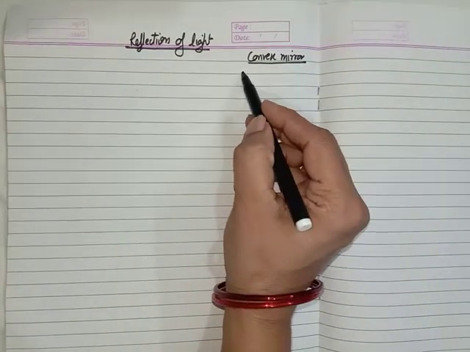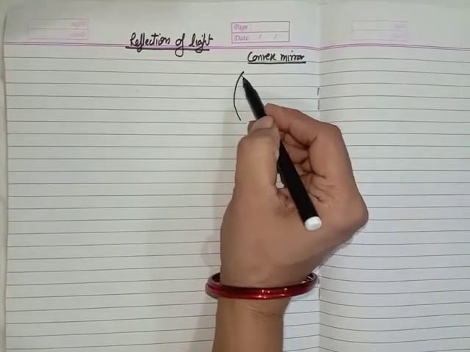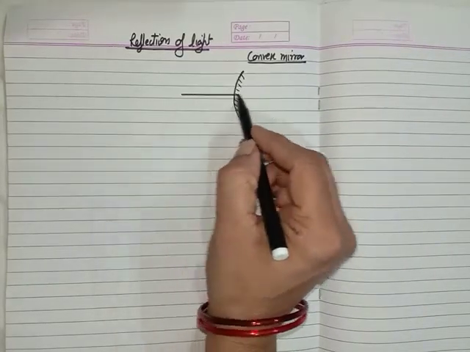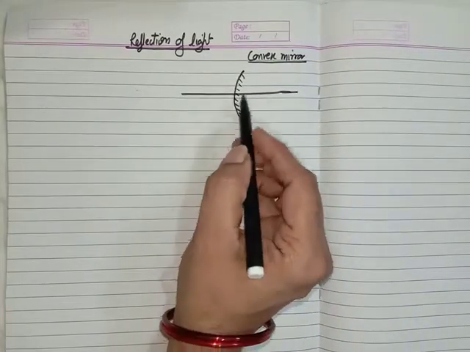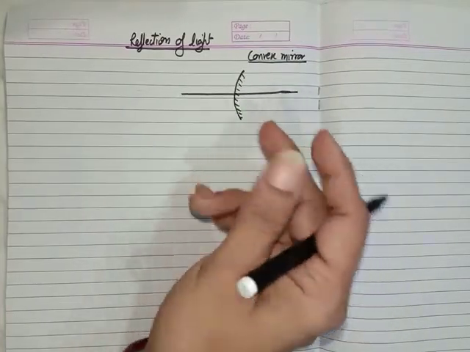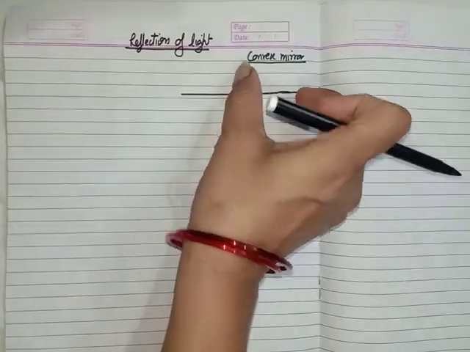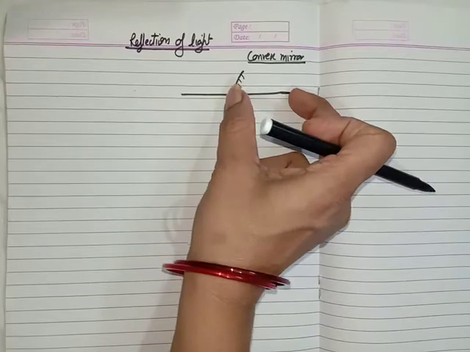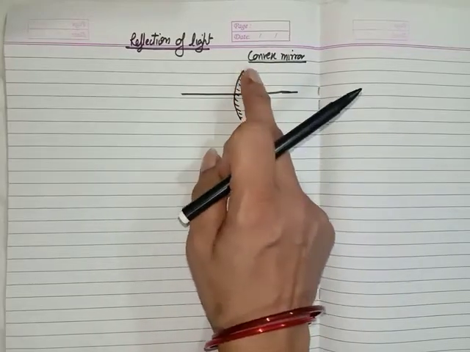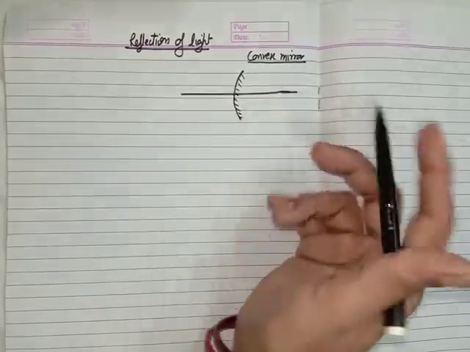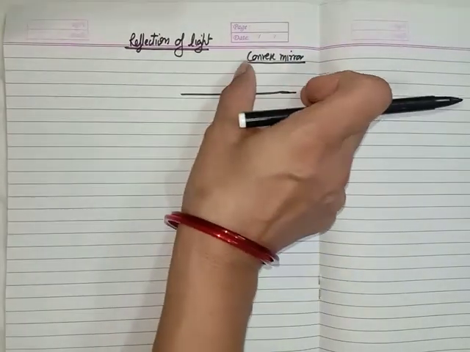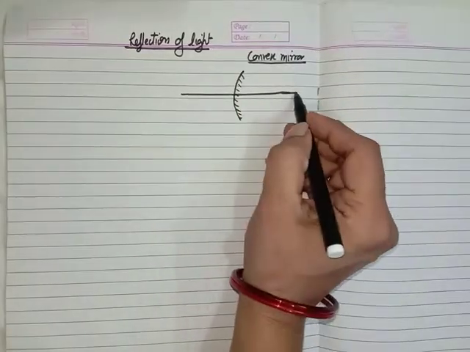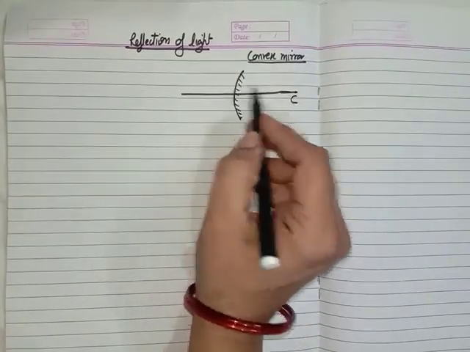As you all know, this is the reflecting surface of the convex mirror. If the reflecting surface is outward, then we say it is a convex mirror. We can make this mirror by using a compass. Just like in the last videos, you made the concave mirror using the compass, in the same way you can prepare the convex mirror using the compass. The center of the compass, the center of the curve through which you make this curve, is called the center of curvature. And what is the f here?